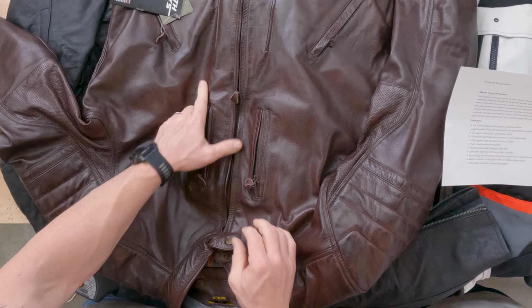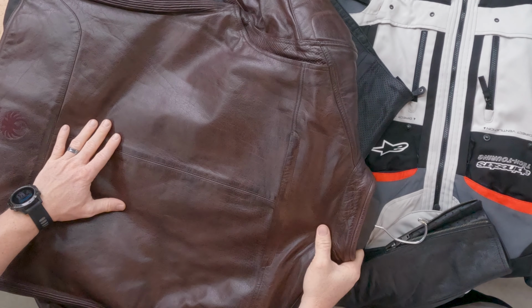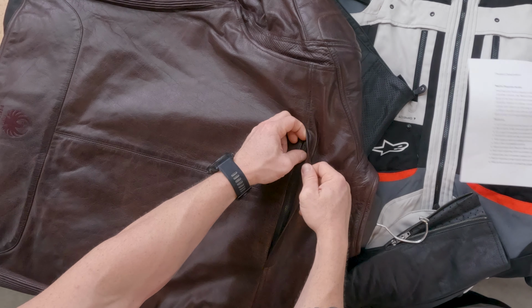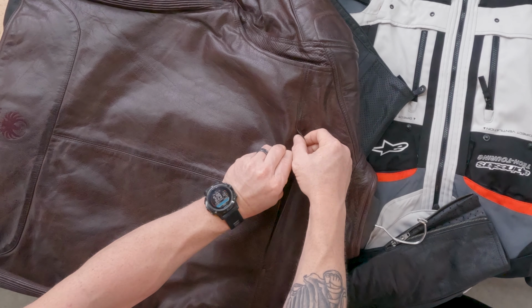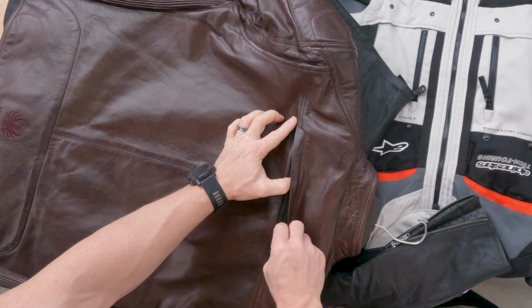Expanding rear shoulder panels, and jacket to pants connecting zipper. So that's nice. Yeah, so we'll talk about that. So back here is your vent. So just going over the features on the outside of the jacket, we have this back vent, and these are